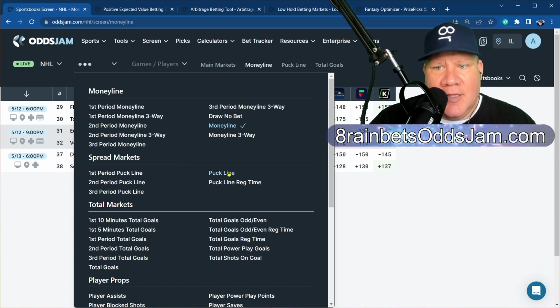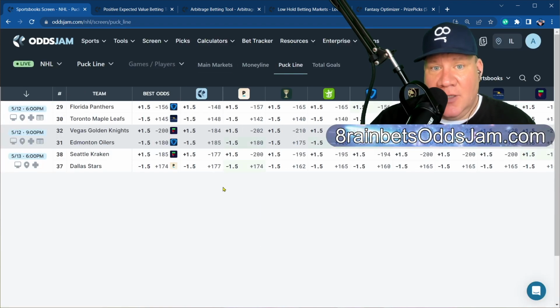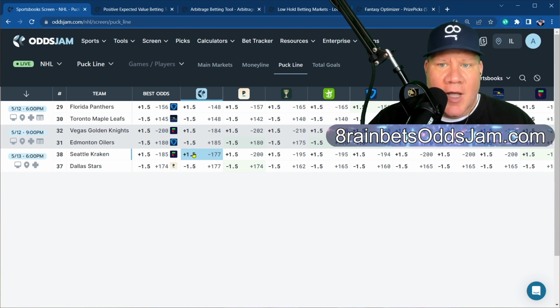Now here in hockey, it's called a puck line a lot of the time. In baseball, it's called a run line. And in many others, it could be just line or spread, which is what you're going to see more consistently across everything. So in this case, it's hockey. You don't have as much scoring in hockey as you do in basketball or something. But the spread line, the puck line, can be 1.5 goals in this case.